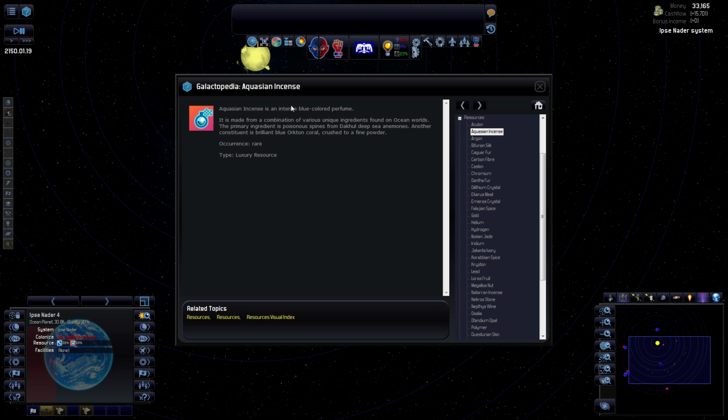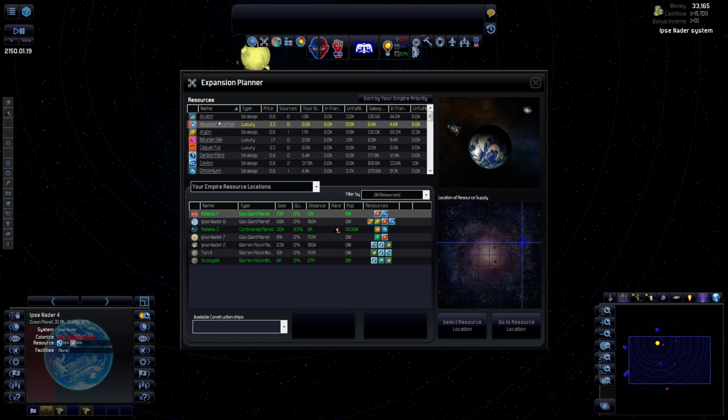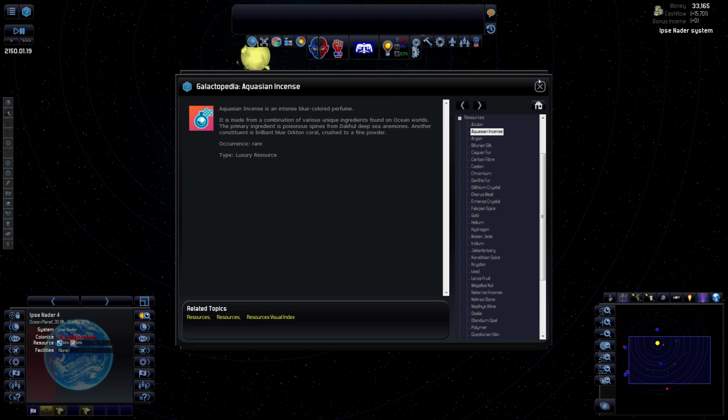Like, I have no idea what this does. It is made from a combination of various unique ingredients found on ocean worlds. The primary ingredient... You know what? I should probably look this up in the expansion planner. So what is this again? Aquasian incense. So let's go here. And actually, I can just probably sort by name. Here we go. Oh, that just brings up that screen. Okay, so